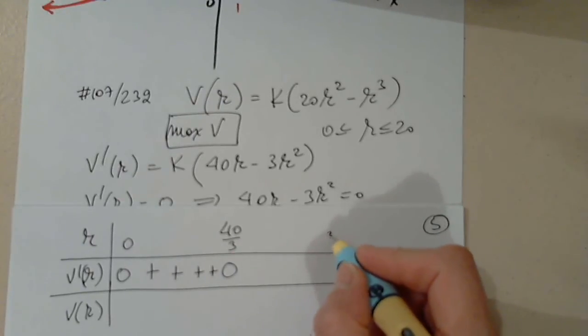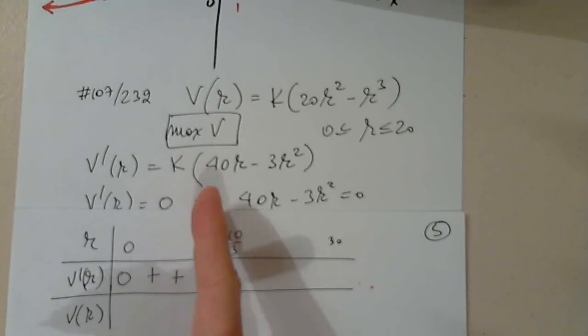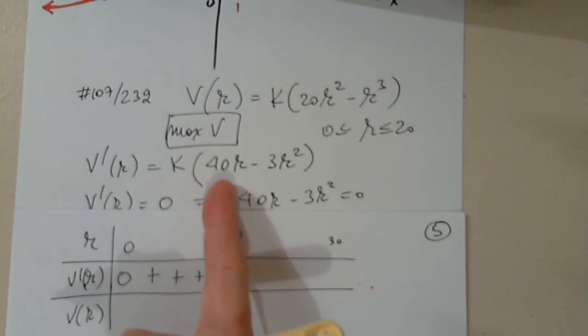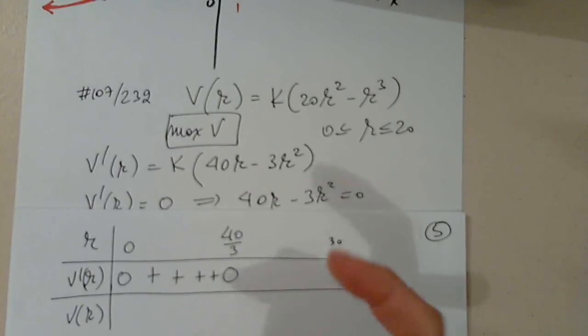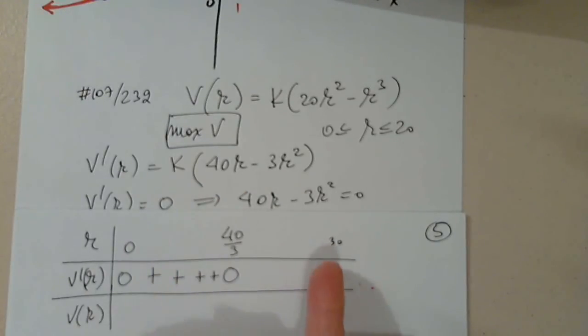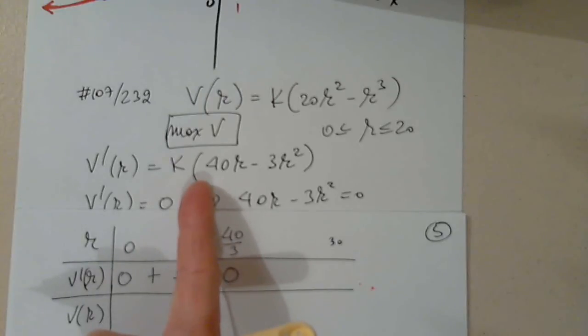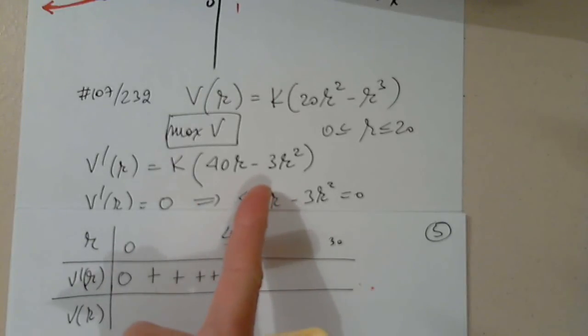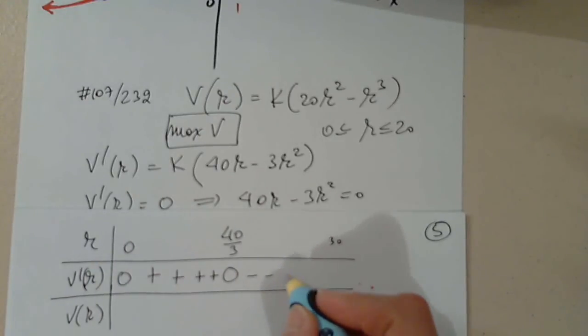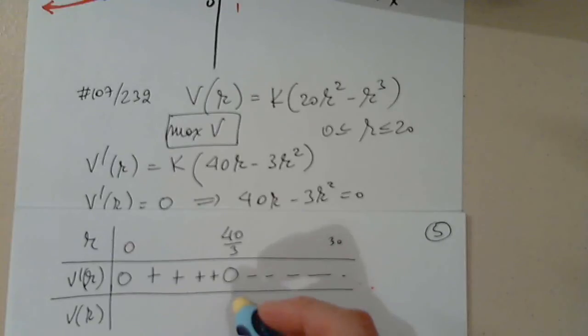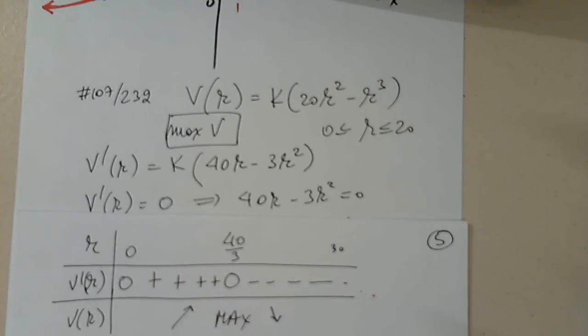So I'm going to try 30. 40 times 30 is 1200. 1200 minus 3 times 900, 2700, negative. Now this is guaranteed that this gives a maximum. It's increasing and then decreasing. I have to show why 40/3 gives a maximum